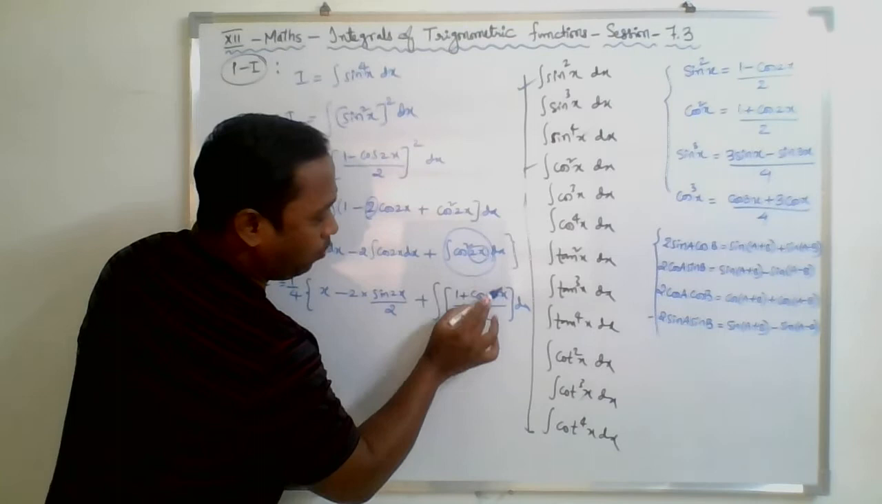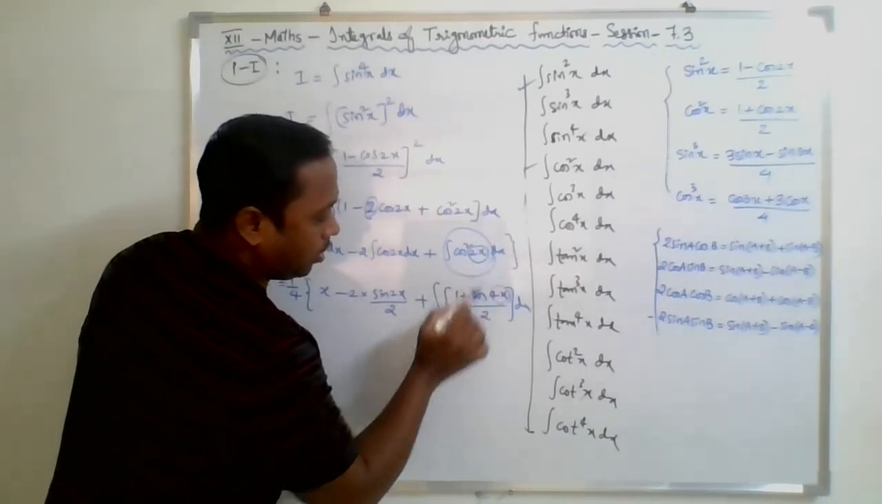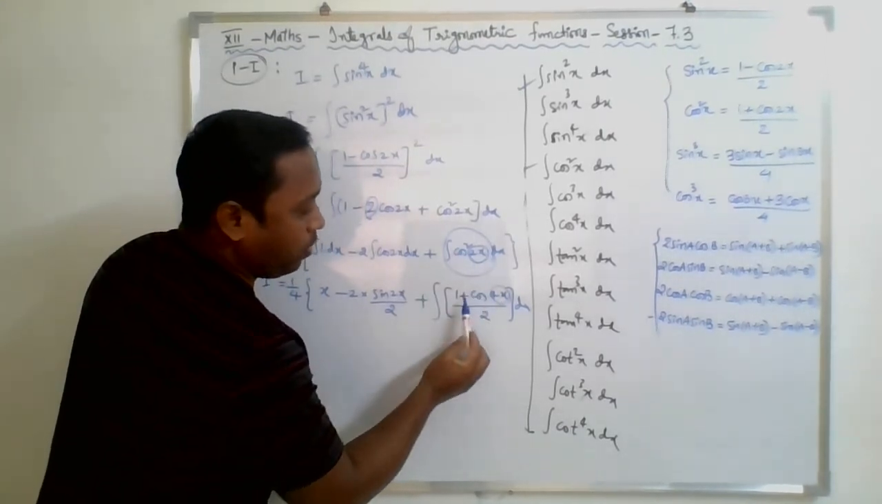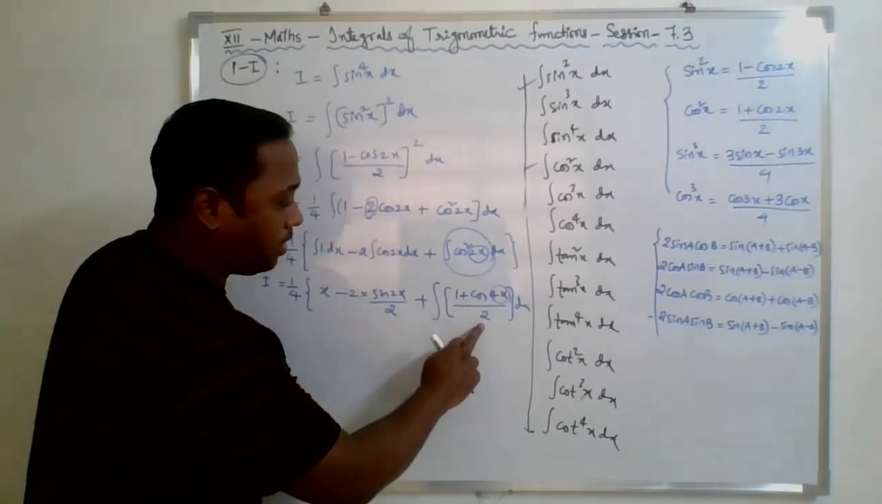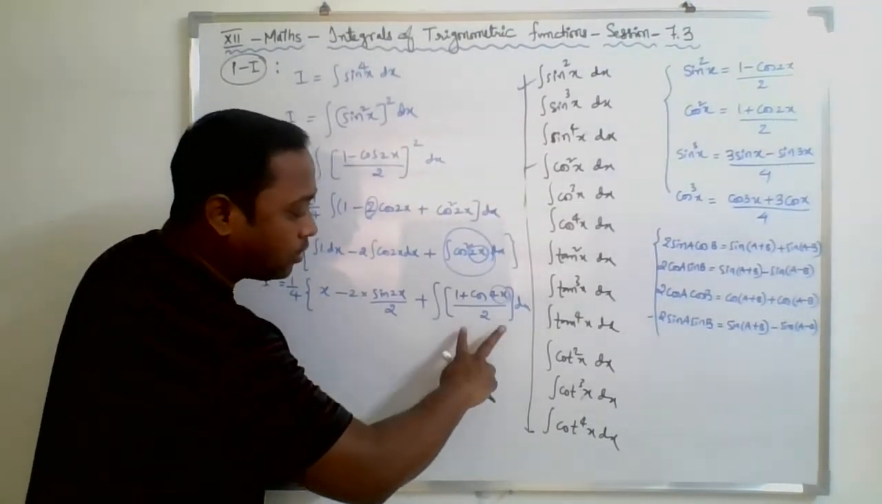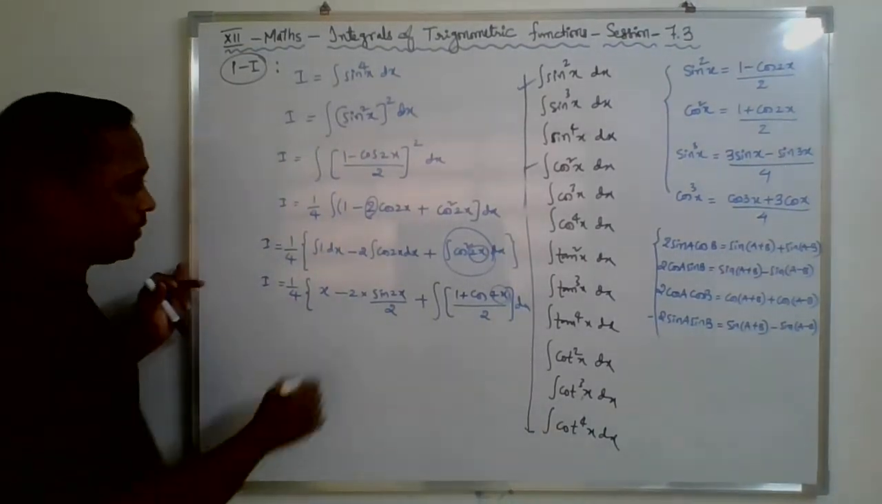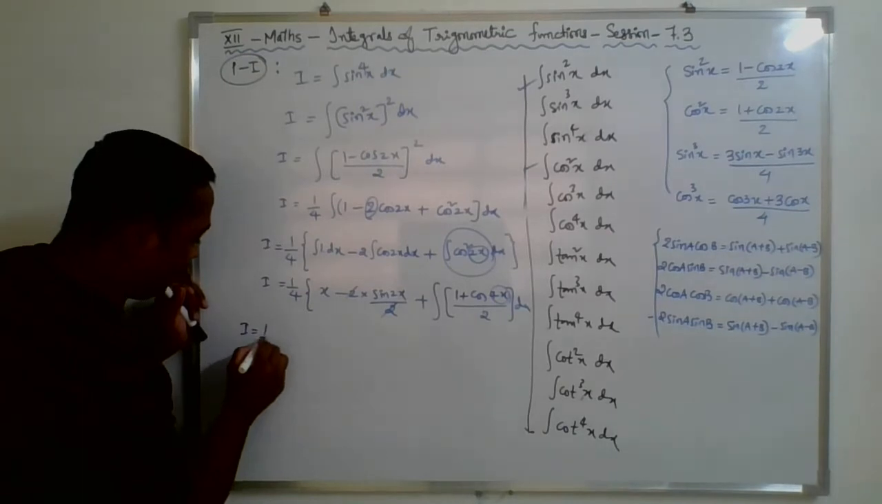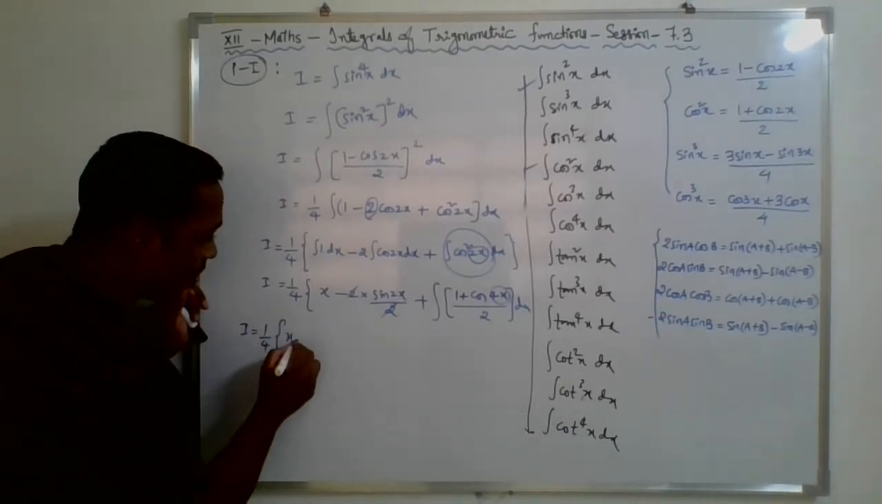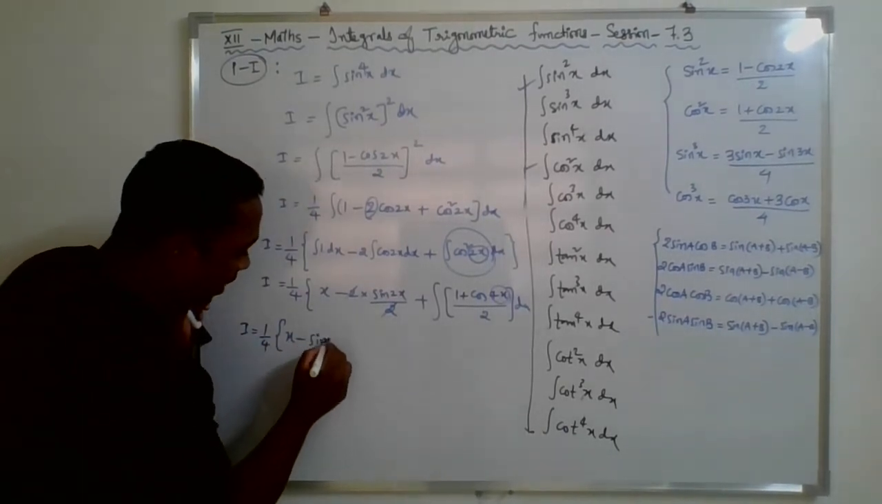Whatever the angle is, it will be doubled, remember. So cos square 2x is converted into (1 plus cos 4x) by 2. Again, since it's a monomial, split the fraction into two parts. It will get cancelled. So I is equal to 1 by 4 (x minus sine 2x